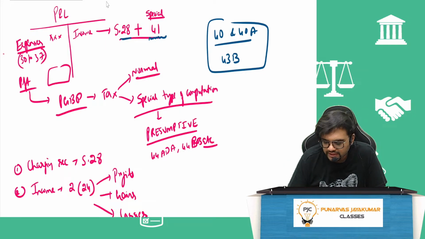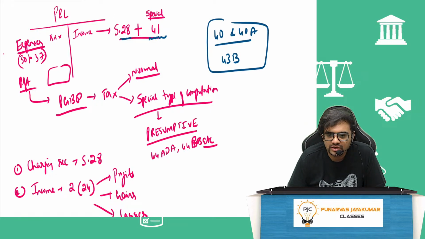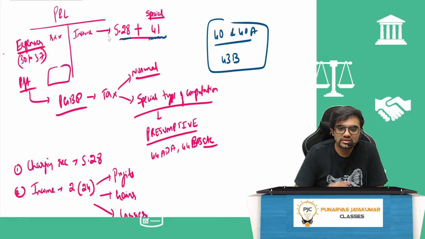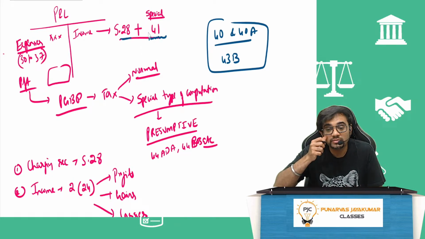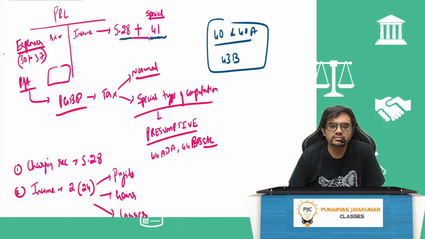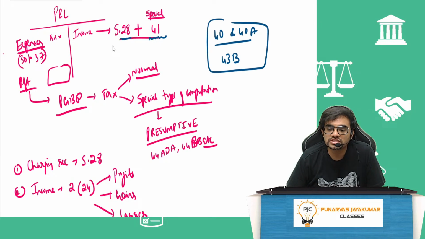As far as section 28 is concerned, that is the charging section in PGBP. We have something called the profit and loss account, right? In the P&L account, on the right hand side, credit side, you'll have the income, and on the left hand side, you have the expenses. The charging section of income would be section number 28, right? And there are certain specialized income called deemed profit, given under section number 41. So right hand side you have income, that is section 28, and specialized income under section 41.